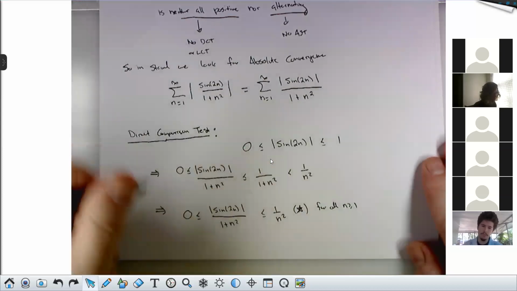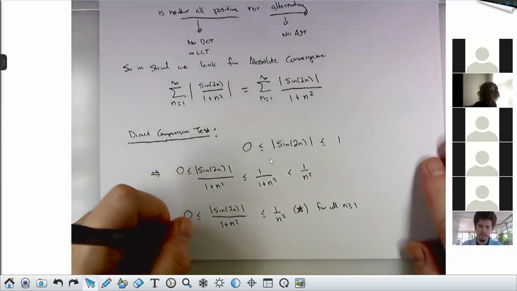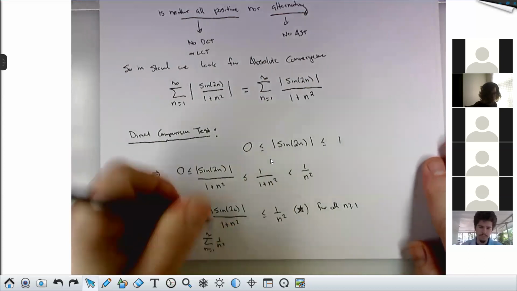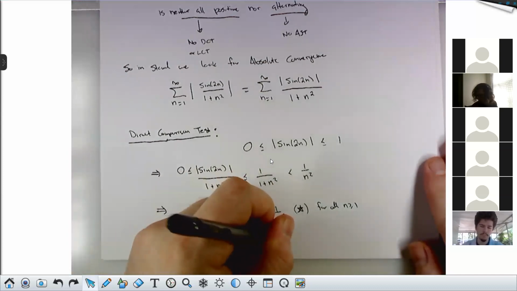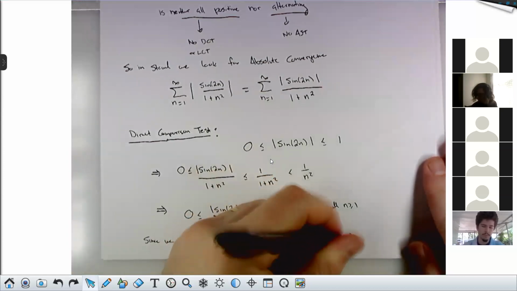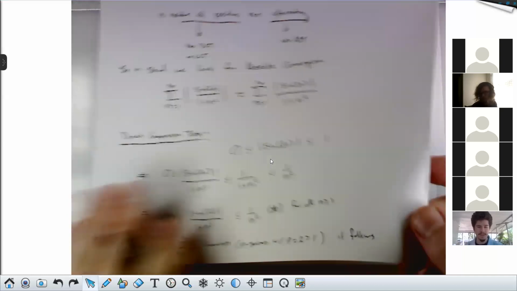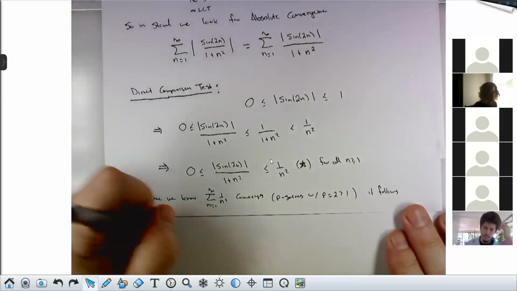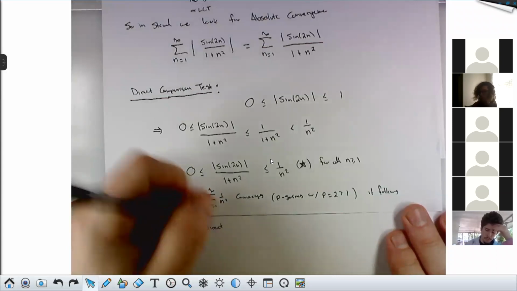I'll call it star and say, since we know that the sum from n equals 1 to infinity of 1 over n squared converges, it's a p-series with p equal to 2, which is bigger than 1, it follows from the inequality star and the direct comparison test